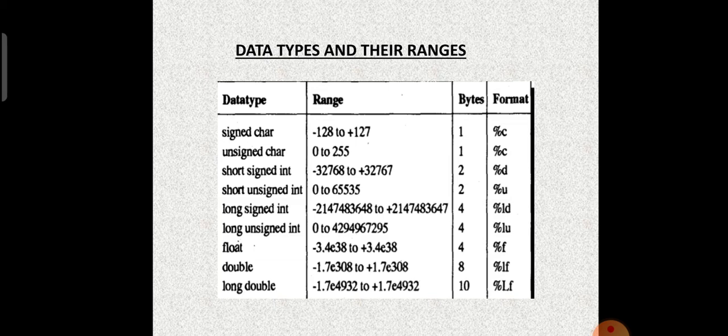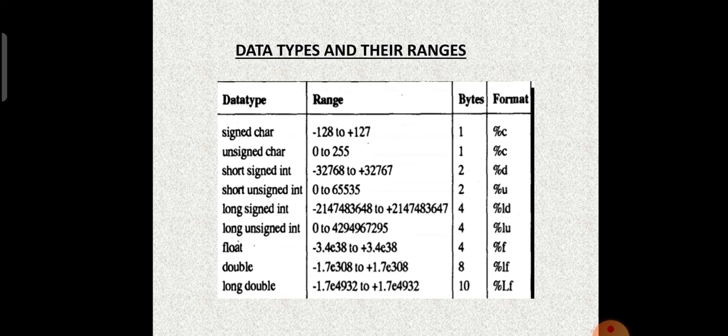In binary, there are two ways, that is 0 and 1. 1 byte equals 8 bits. So, 2 power 8 equals 256. We have to split it from -128 to -1 and 0 to 127. So the range of character is -128 to 127. We have to find other data types like int, float, double in this way only.